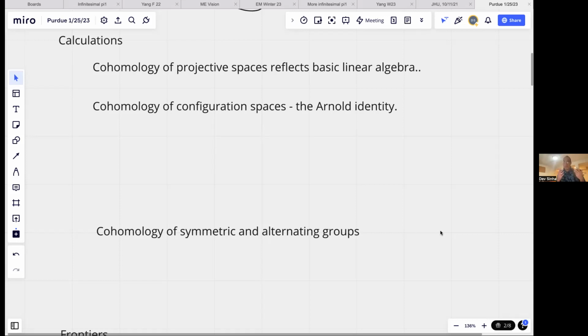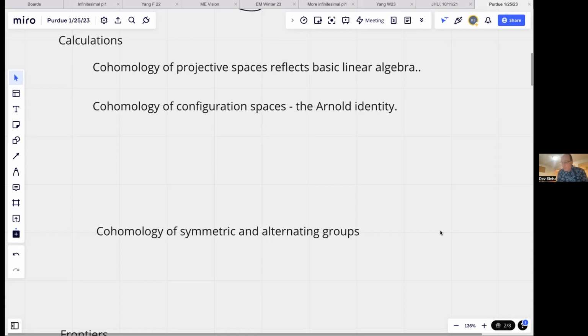So it's this basic linear algebra fact that's giving us this ring structure that we then use pretty much. I mean, it almost sometimes feels like 99% of the cohomology rings we know in algebraic topology are somehow derived from the projective spaces. Here's one that isn't, necessarily: configuration spaces.